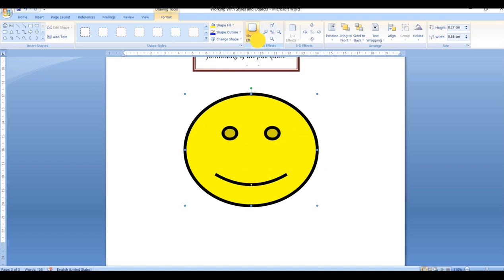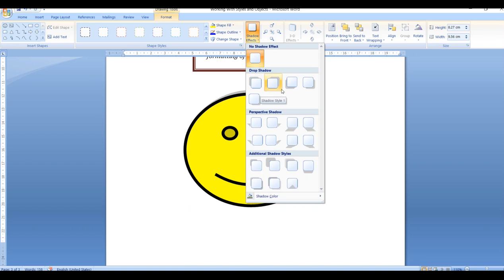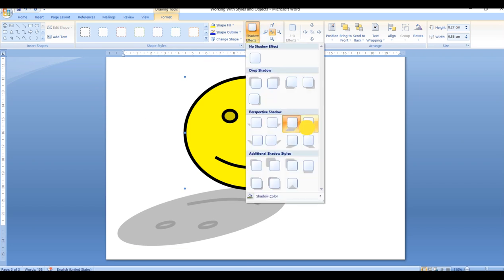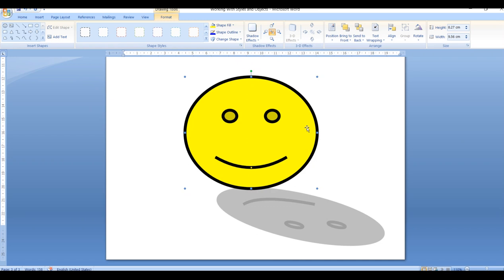I will just choose the shadow effect. Which effect is visible properly? Now see here, this is the shadow effect which I have added. You can change the shadow effect placement also as per our need. So this way you are going to add the shadow effect to your shapes.